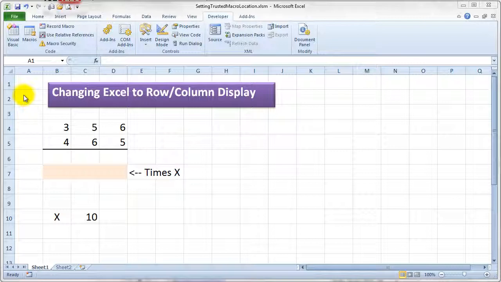Now, this is the way Excel actually works. This is the way Excel actually stores all of its information. The letters are simply a convenience for human beings, and it's a carryover from Lotus 123. So to change it to the